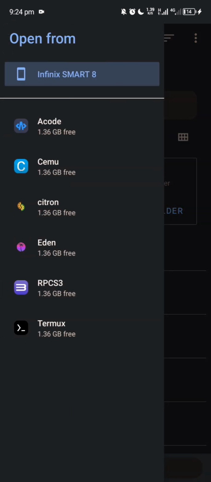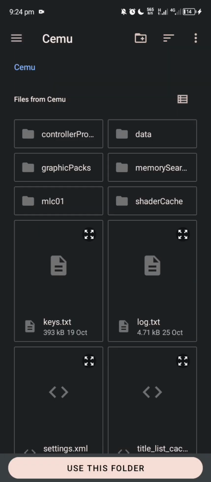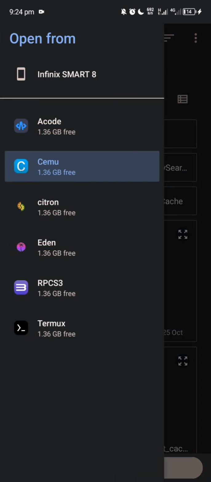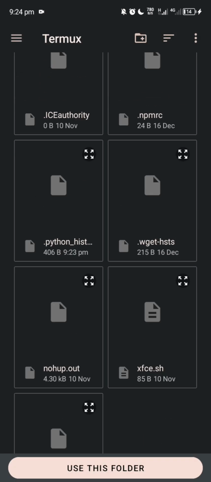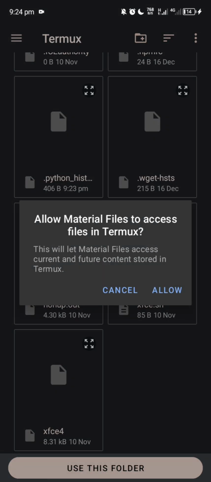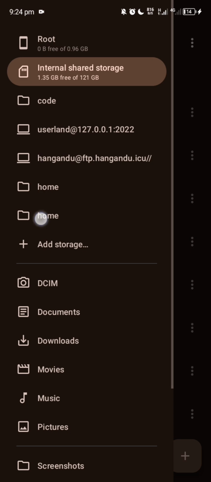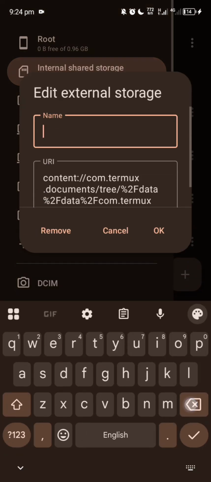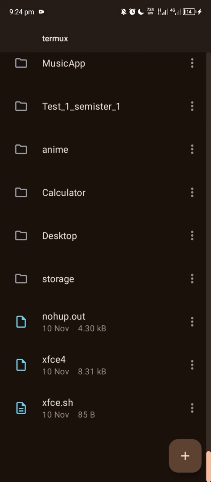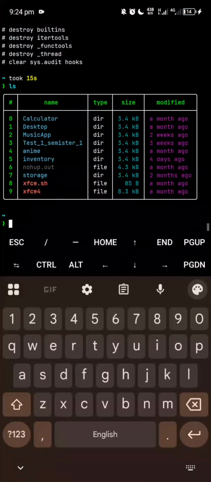Look, I can go inside of a lot of applications' file systems. There's QEMU, this is of course an emulator, but you want to go inside of Termux. Once you do Termux, you can use this folder, allow, and you'll see home over here. If you want, you can rename it to Termux like this. If you enter inside, this will be the file system inside of Termux. Termux of course is emulating Linux, so we can check